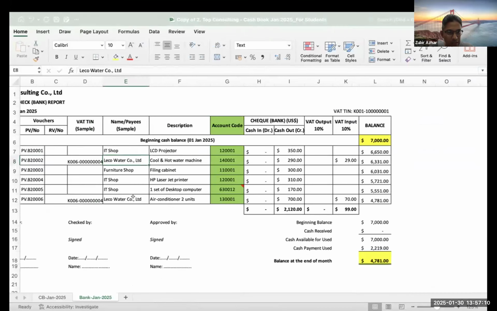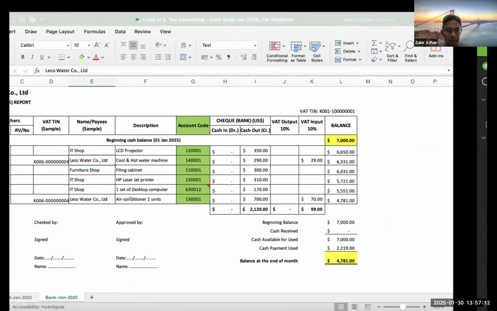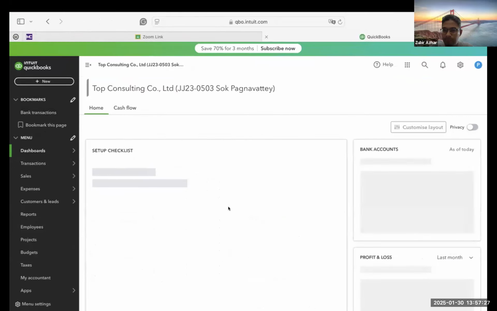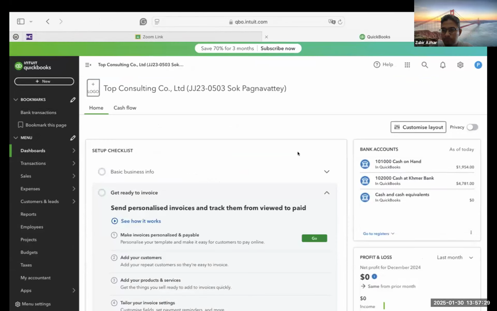Is the name of the company Lico? Lico, okay, all right. Okay. So can we go and see your dashboard? Okay, now I'm happy to see your cash on hand having a balance of 1,954 and also your cash at Commerbank 4,781. Can I check with the rest of you?